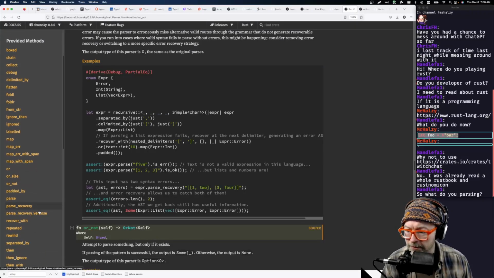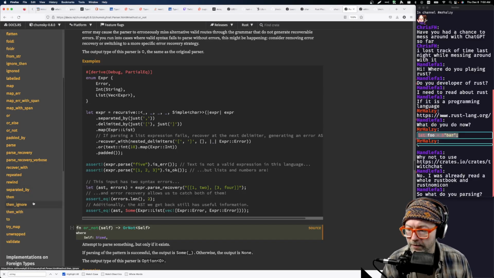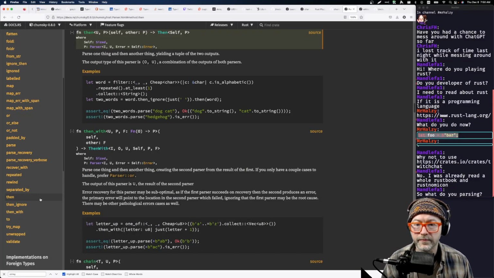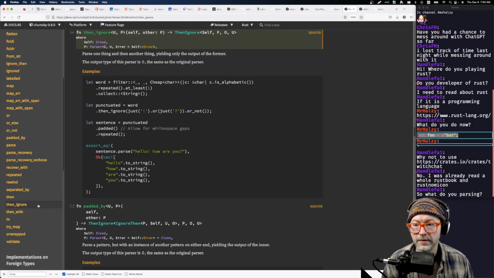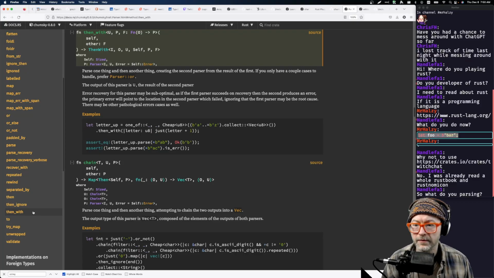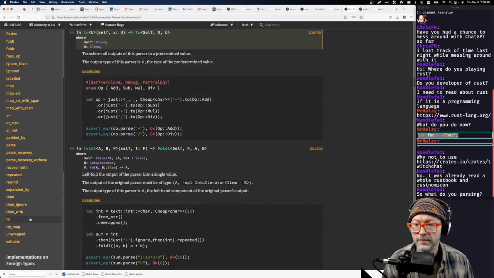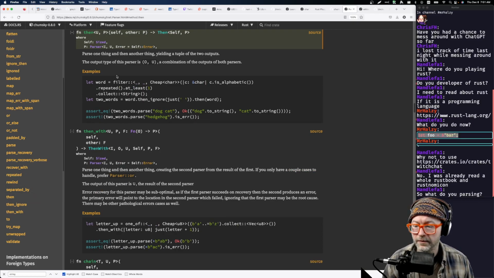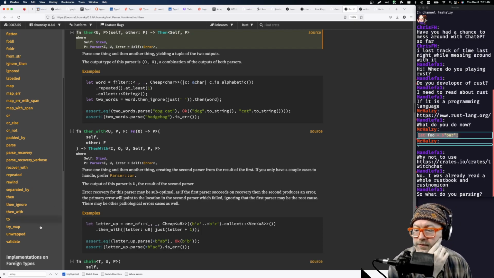Map with, or else padded by parse. Then okay, maybe then. By